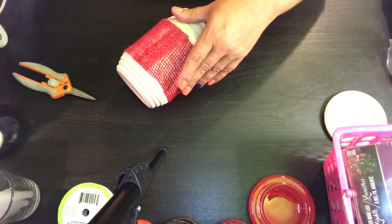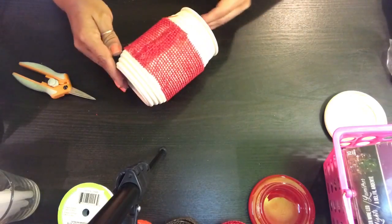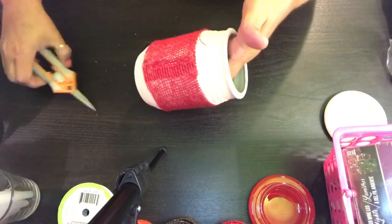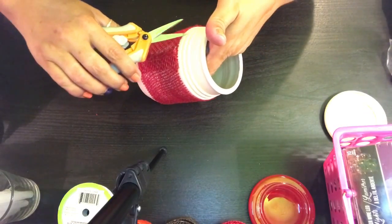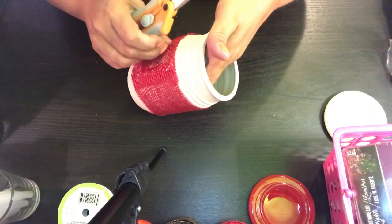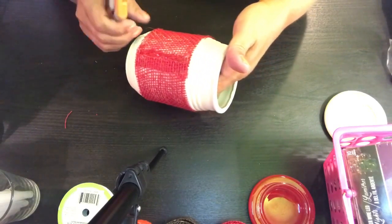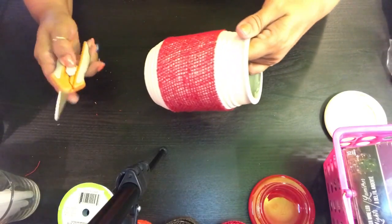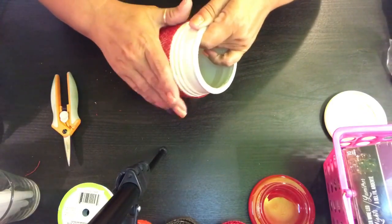Okay. And we're just gonna let that dry. And if there's any like this, I'll just kind of trim this away here. And you don't have to, you can leave it as it is, but. And there we go, guys. So then,